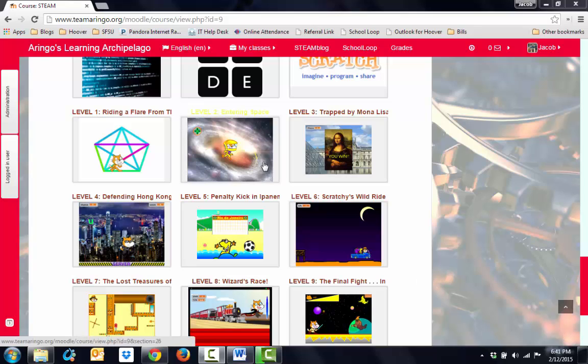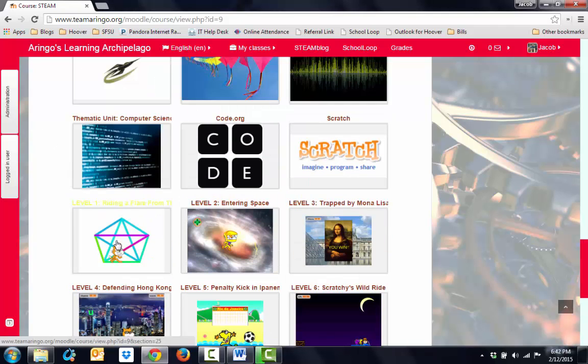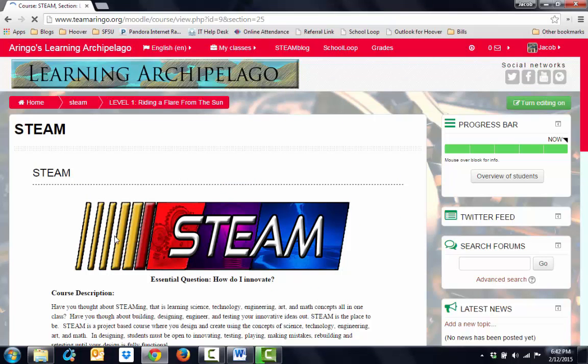Where you can find your resources for Scratch is on our Team Oringo site under the regular Steam course site, by clicking on level 1, Riding a Flare from the Sun. And if you look into these resources,